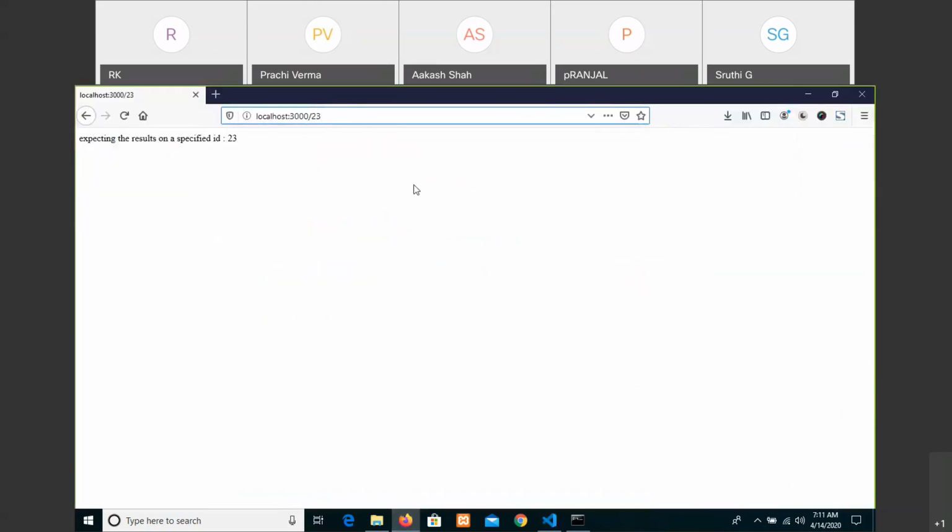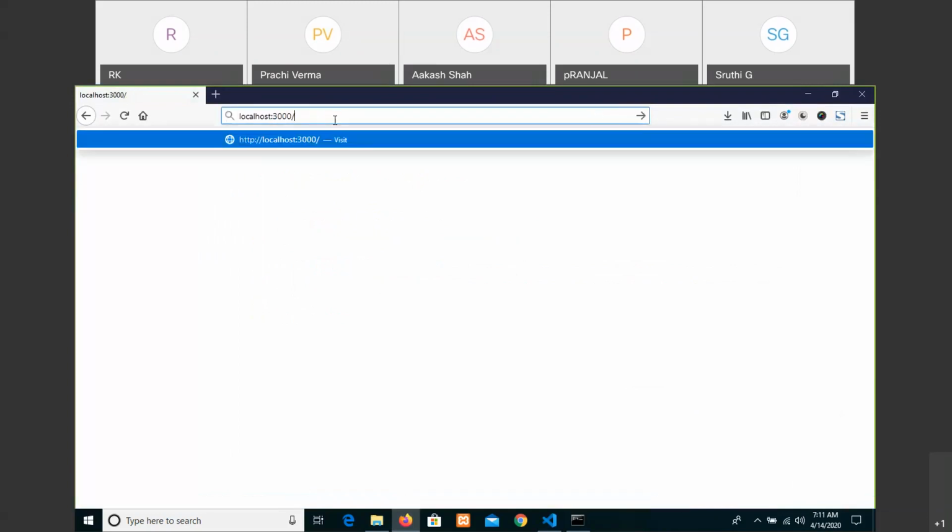Now if you are executing this one, yes, we are getting it. If you are not entering anything, the home page is connecting, and then something.